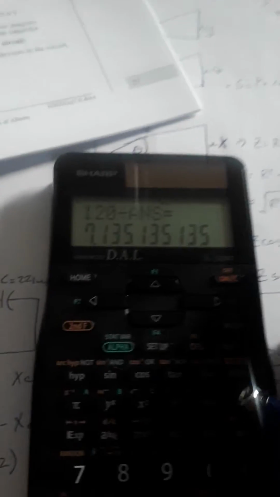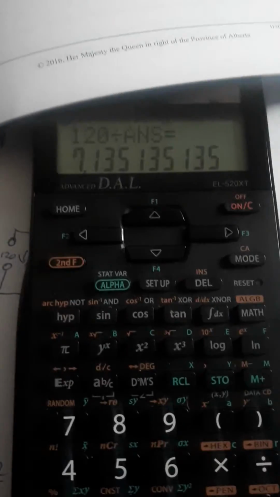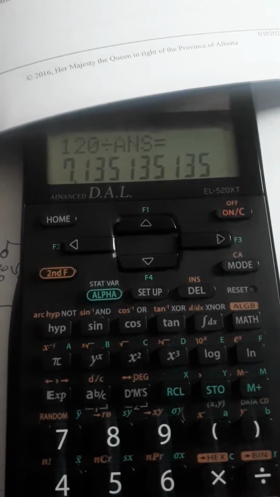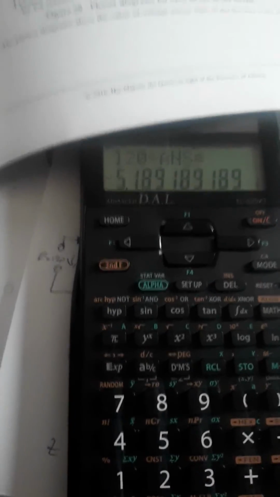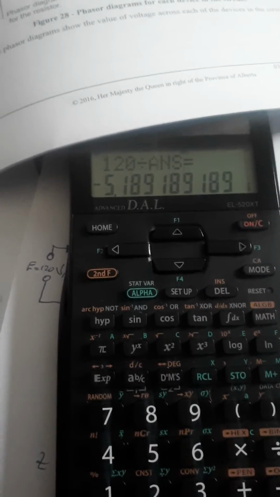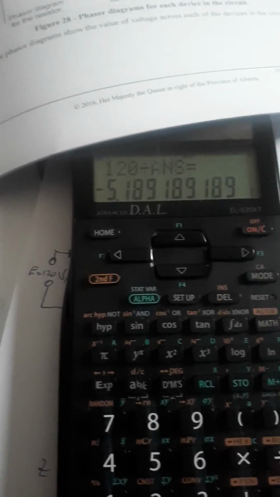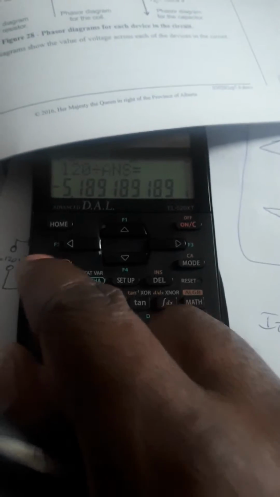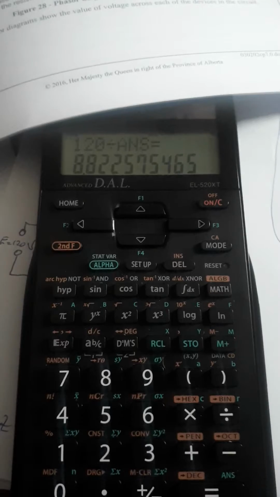then there you go, you're gonna get it, and I think that's in your rectangular form, so 7.135 minus 5.189i, and all that is your current. Or you put it in polar form, second function, and that's your IT,